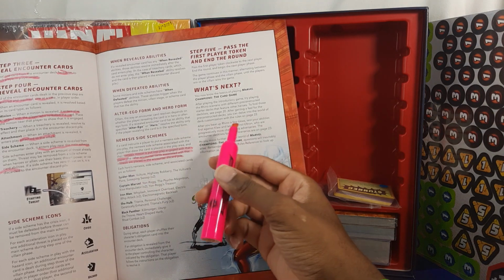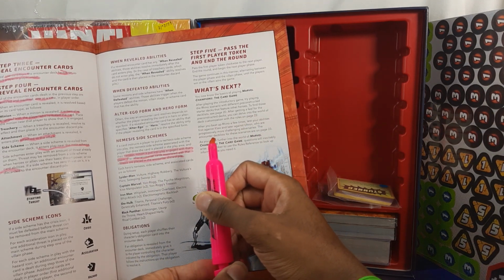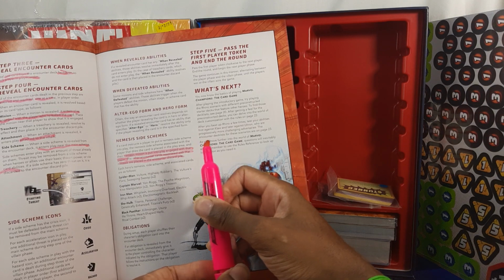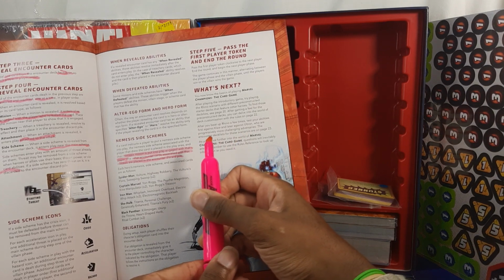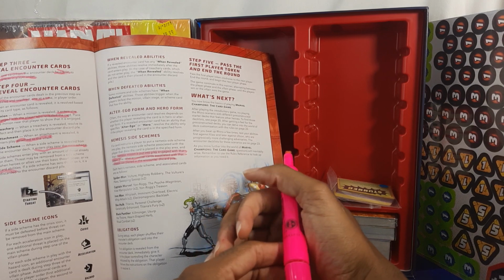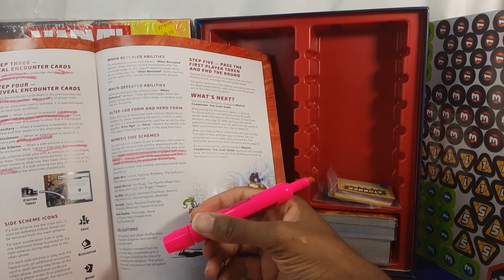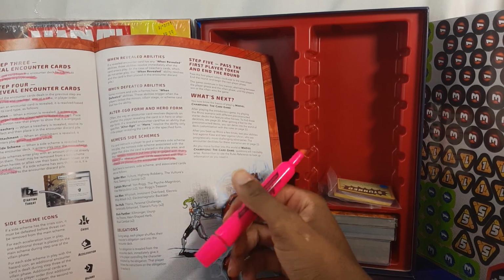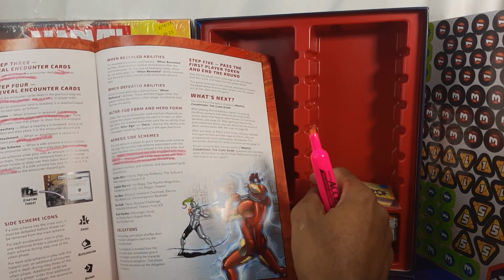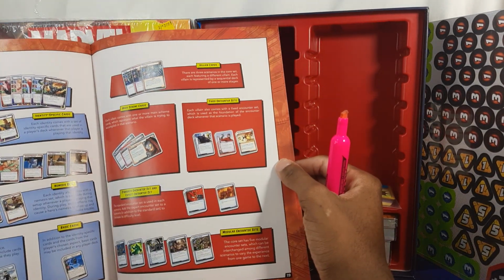Obligations. During setup, each player shuffles their character's obligation card into the encounter deck. If an obligation is revealed from the encounter deck, immediately give it to the player controlling the character that's written on the obligation. That player follows the instructions on the obligation to resolve it. Step 5, pass the first player token and end the round. What's next? The cards,